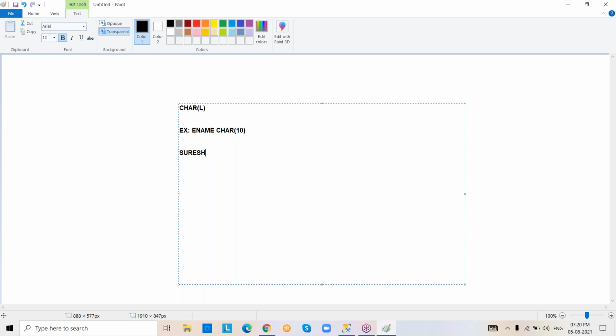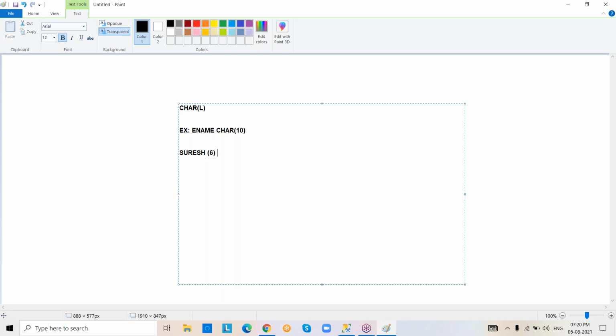Suppose I'm going to insert my name. How many characters are there in my name? 6 characters. So it should occupy only 6 bytes of space in the database. Of course, the maximum given is 10, but we are inserting only 6.